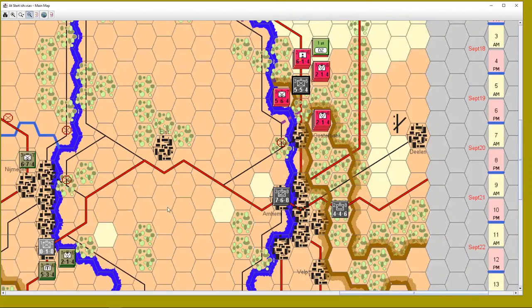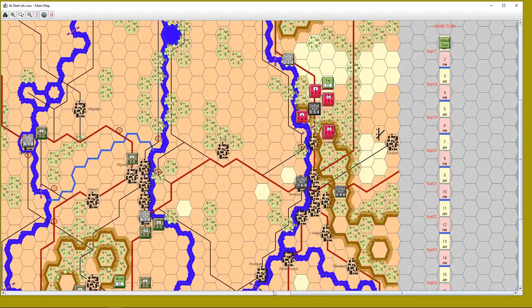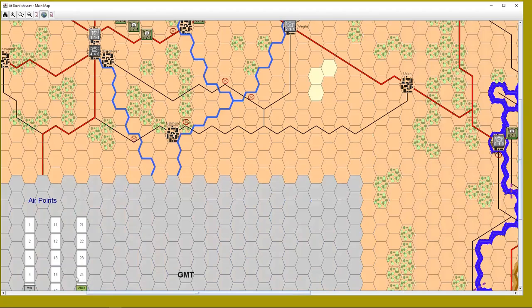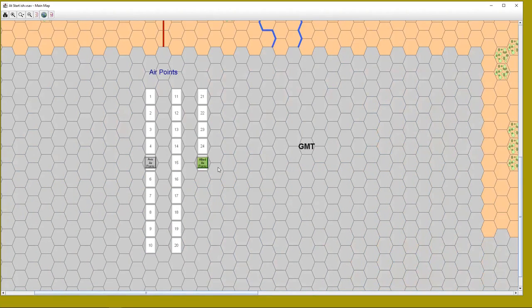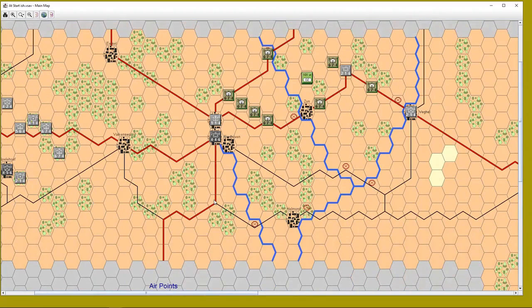Okay. Now, overall, when looking at it, it's not too bad, is it? It's definitely playable. Oh, yeah, down here. The Allies have got 25 air points. In the original game,